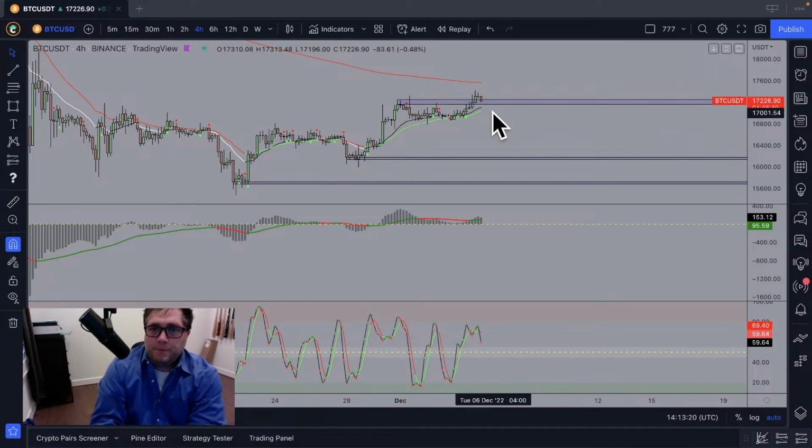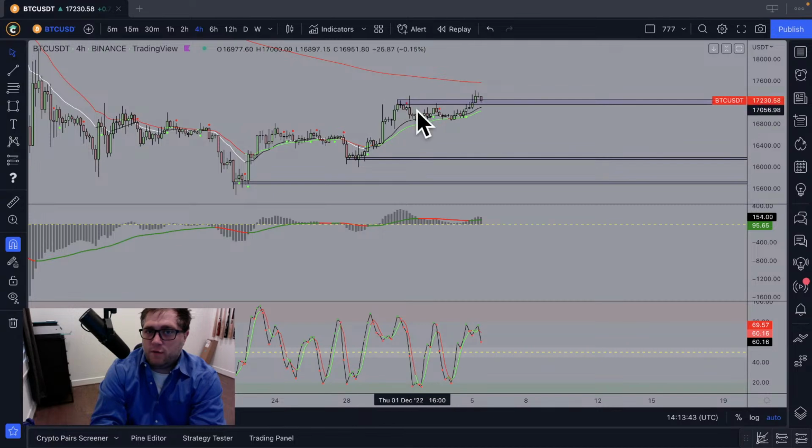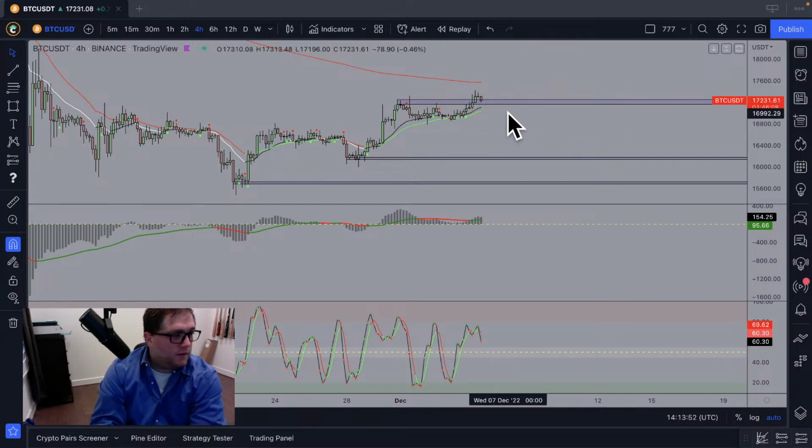So a lot of people make another mistake: they say, hey, we're at support or resistance, so it looks like it's going to go the opposite way. In this case, this would be a support level that they would assume, and it would go up. Is it going to go up? I don't know. We don't know, but we do know that this is not a support or resistance level because it's too early to tell. This one's already formed, it's already broken down, it's already been rejected, and it's been broken through. So now, is this a support level or was this a fake breakout? We don't know. We've got to wait for it